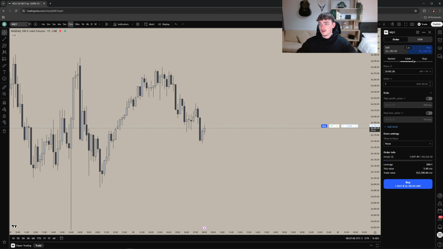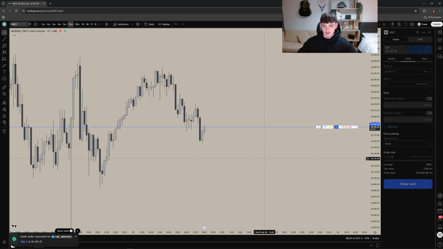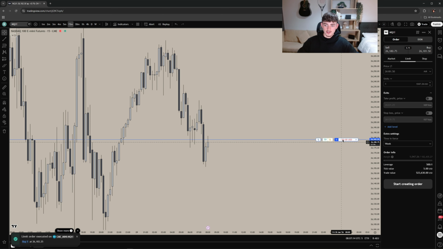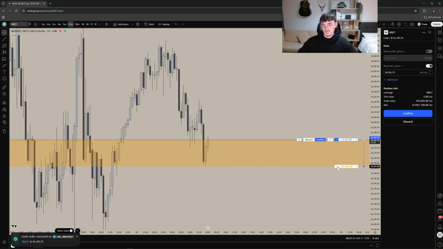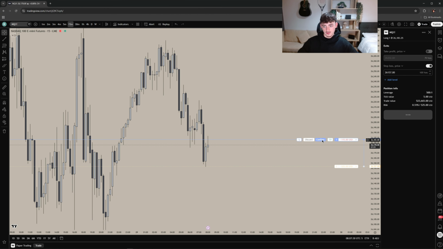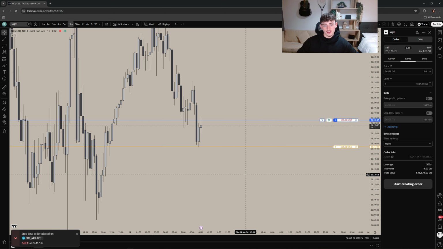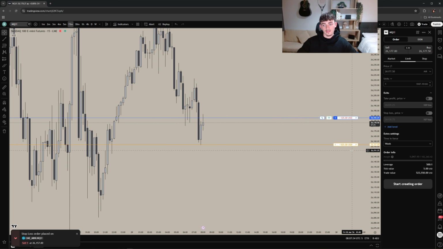Right, so let's say we put in a buy limit. Let's put in a buy limit here. Looks like it's going to tap us in quite quick. There we go. And our stop loss at this low, sorry. So this means if price comes all the way down here in our buy position, then we will sell our position and get out with a $525 loss. Okay, so we confirm that, and that is our stop, because price could come all the way down here and then we lose way more than that. So you want to be